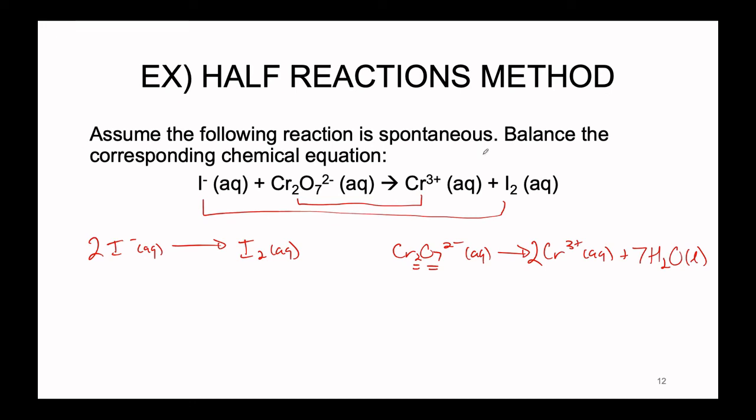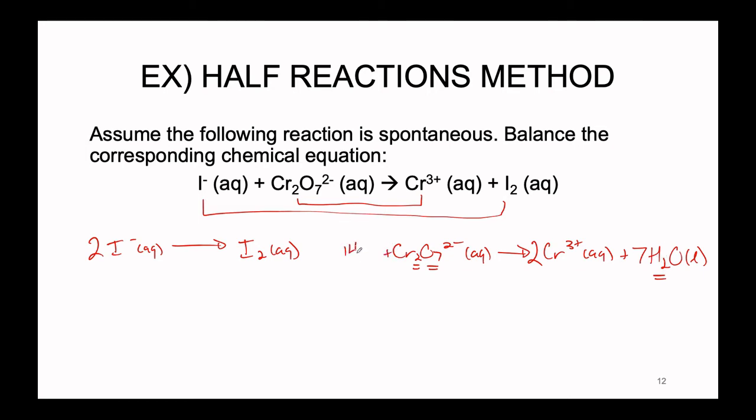So we go back to our reaction. Our first reaction, again, the oxidation, there's no hydrogen here, so we're just going to skip over that step for the iodine oxidation reaction. If we turn our attention then to the reaction on the right, we see that in writing our 7 waters, we have also added 14 total hydrogens to the product side,